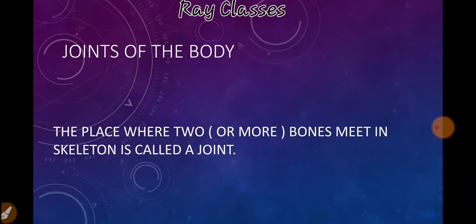The place where two or more bones meet in a skeleton is called a joint. So the joints of bones help in body movement. We can move our head, arms, hands, legs and feet because all these parts have bone joints. In the freely movable joints like elbow, knee, shoulder and hip joints, the ends of the bones forming the joint are held in place by a strong connective tissue called ligament. The ends of the bones at a joint are also covered with a soft and smooth layer of cartilage.